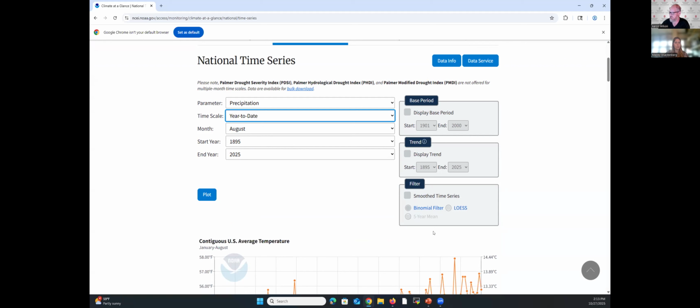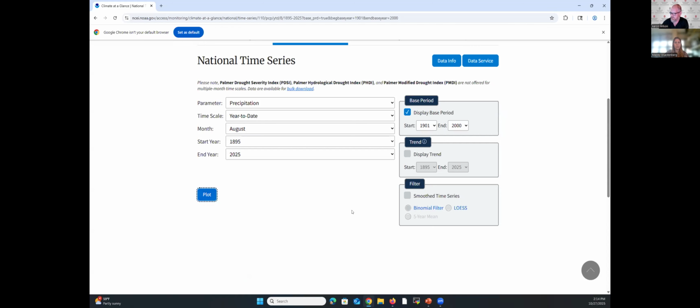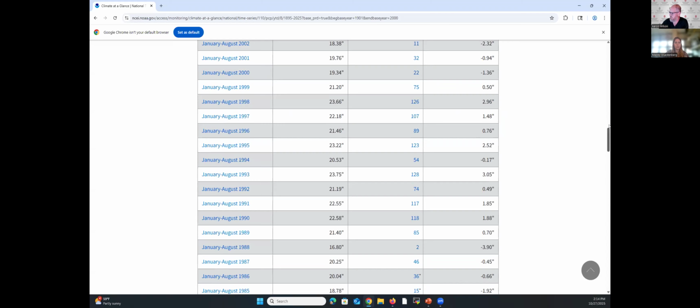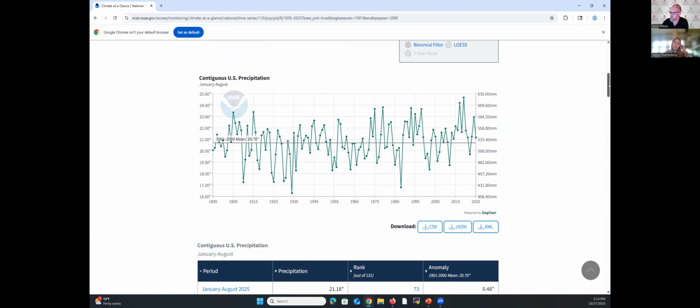You'll notice some options here on the right-hand panel as well. Looking at display base period, we're going to go ahead and click that. Basically that's going to show what the average annual amount for precipitation was for 1901 to 2000. So for that baseline period, we're not going to worry about a trend right now or any of those other options. And we're going to go ahead and plot that. Again, this is looking at the lower 48 or the contiguous US. And so you can see,